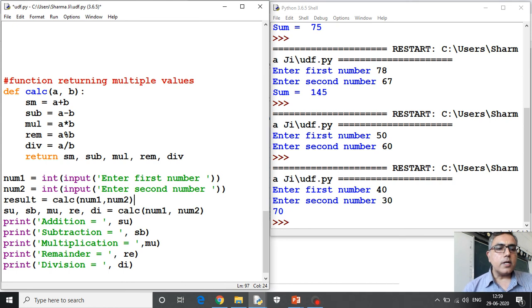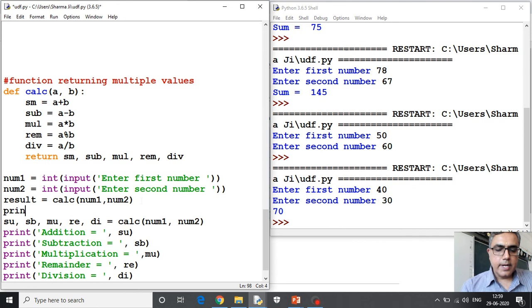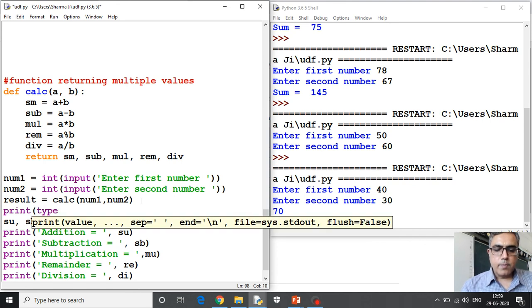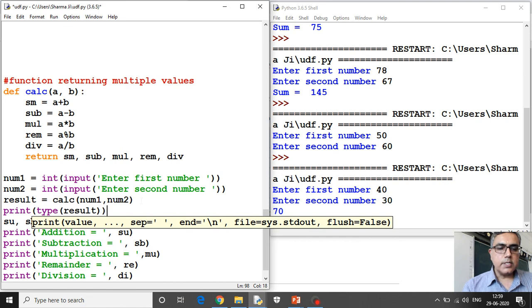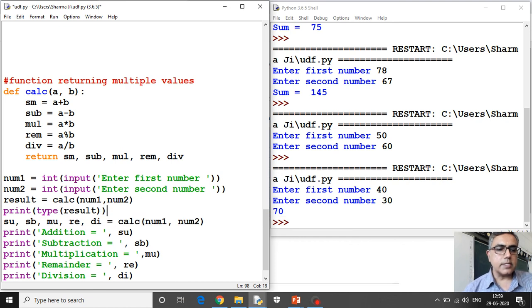So I have called this function calc. Then I'll write print type of result. What is the data type of variable result? That is a tuple. Let us see whether it comes as tuple or not, and then this statement is unpacking of the tuple.